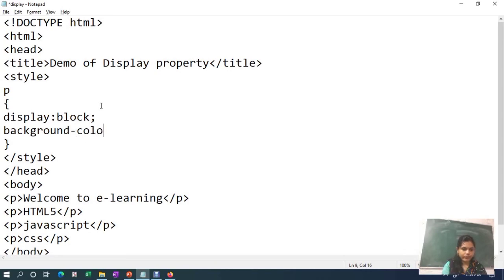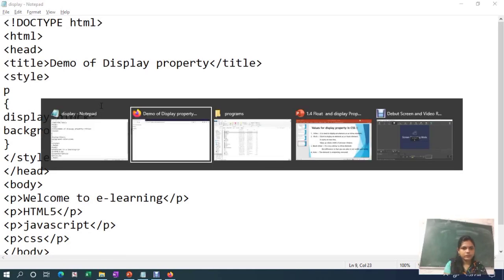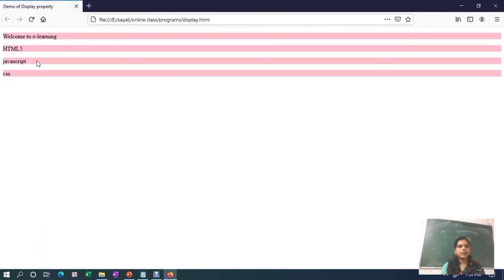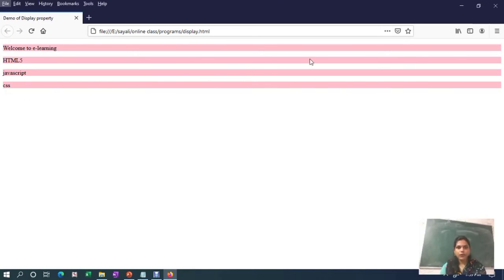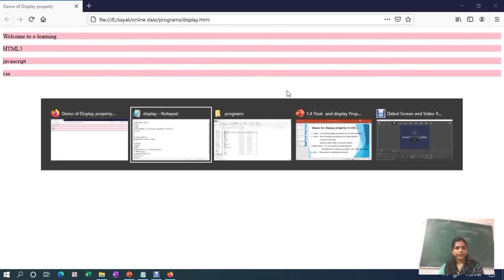Background color colon, suppose pink. Now you can see here every text is content arranged as a block. Content will be on a new line and it has a certain width and height. It takes the whole area on your browser.